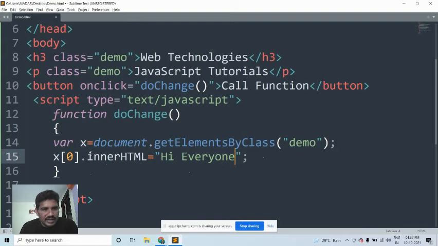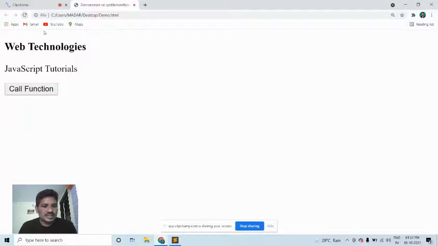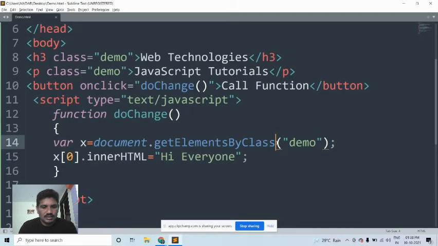Then see how it is possible. The class equal to demo. Then document get element demo attribute is accessing the inner HTML. Whether it is changing or not, we will see. Get elements by class. Then you save it. When I click on it, it has not changed.